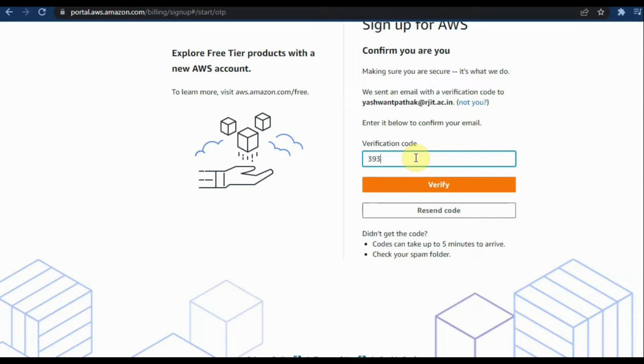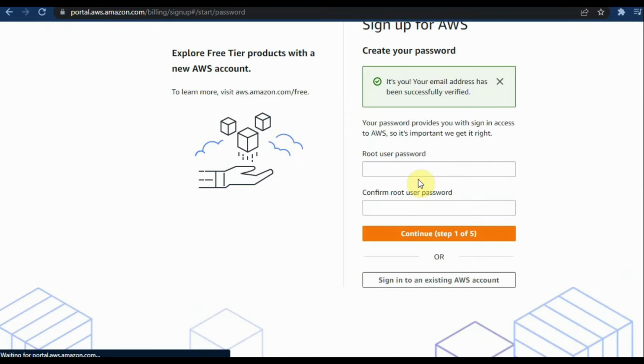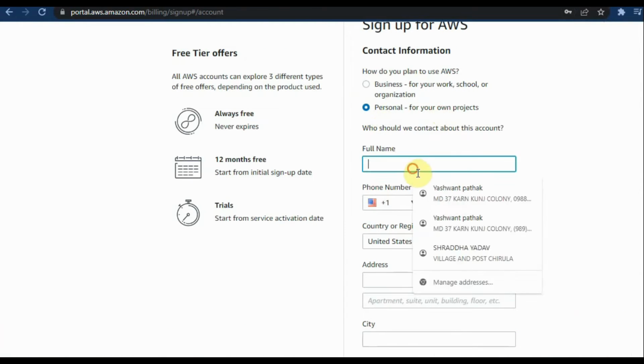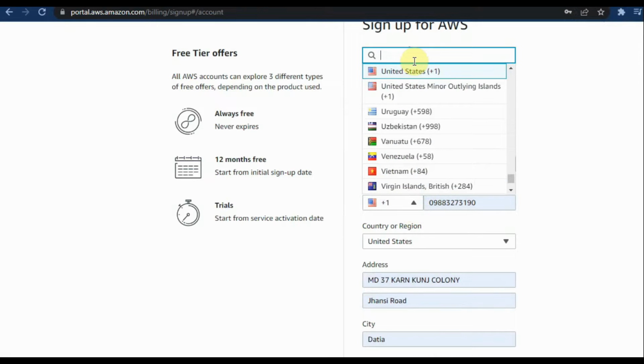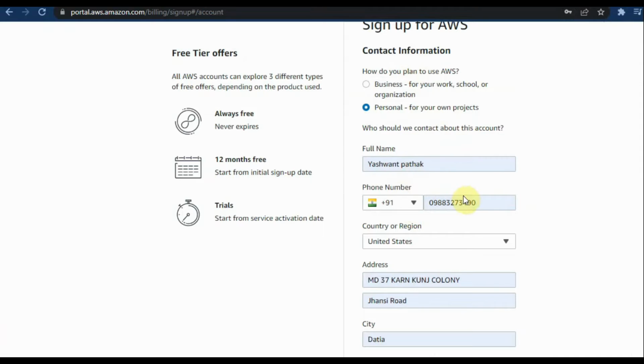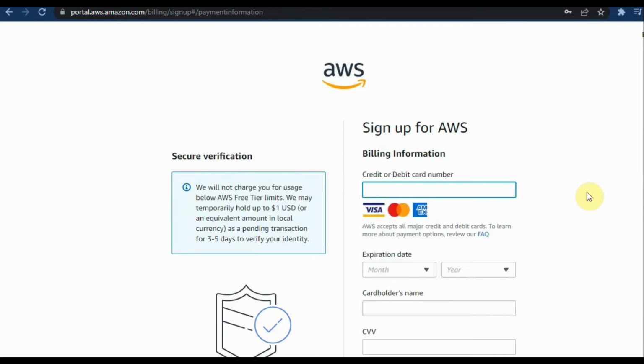Just put the verification code and then fill in the details, like phone number and all the things. Now the next part of signing up is to put the credit card details. So do not be afraid, just put your credit card details. It will deduct 2 rupees from your account and will give you a 1-year subscription for using the AWS free